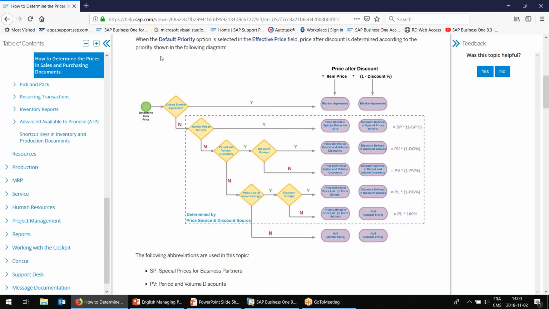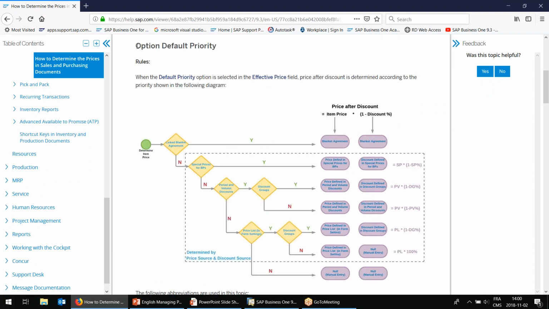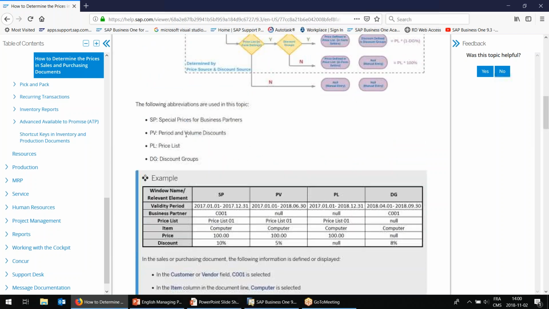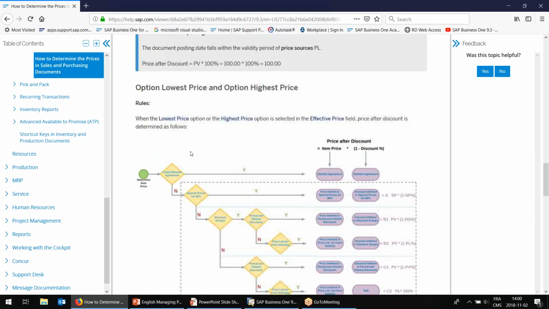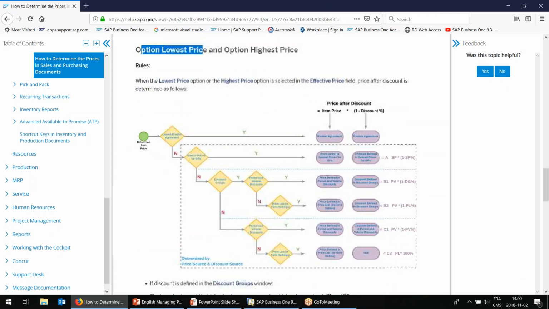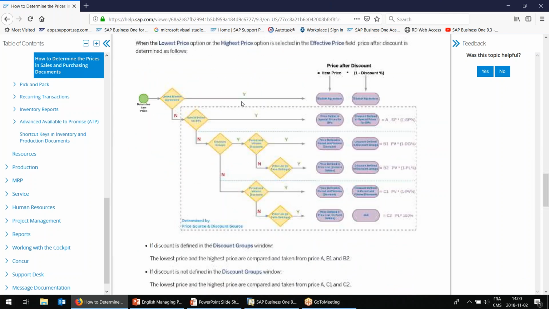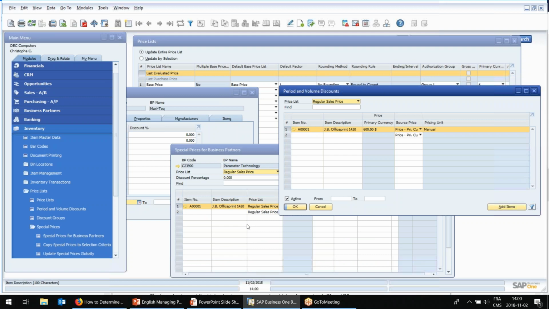If we read carefully this, it states that this option is the default priority, meaning that, and this is a new feature in 9.3. Before, the logic of the price hierarchy was always the same regardless of the customer. Now we have a new option in 9.3, which is to select the lowest price or the highest price for the customer. So what it means is,